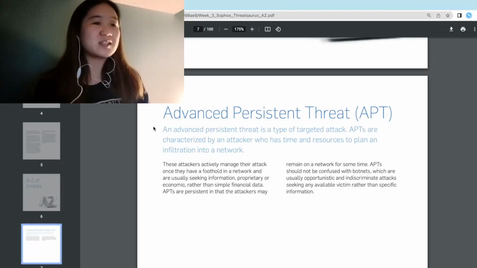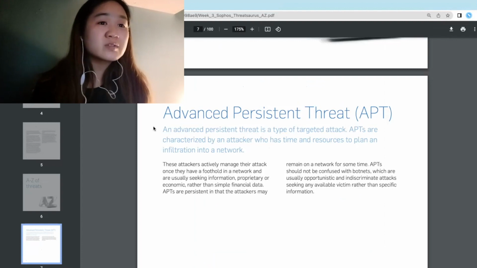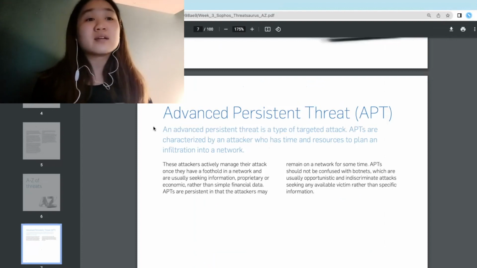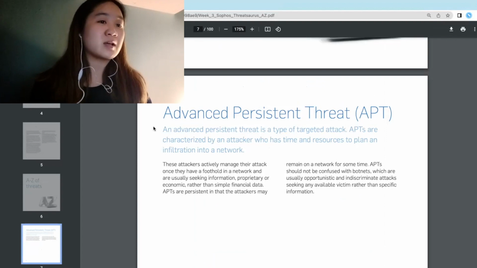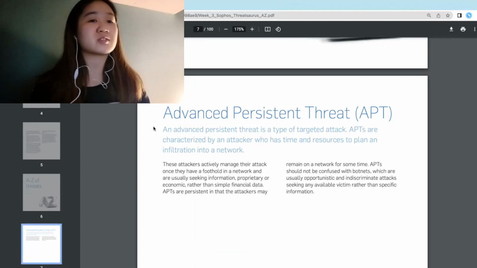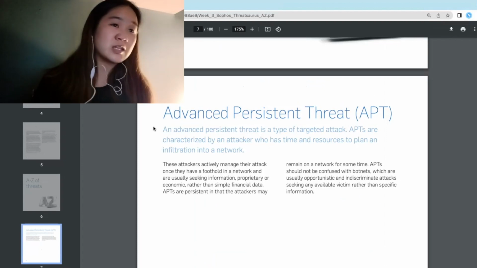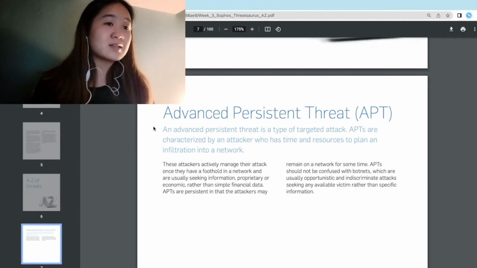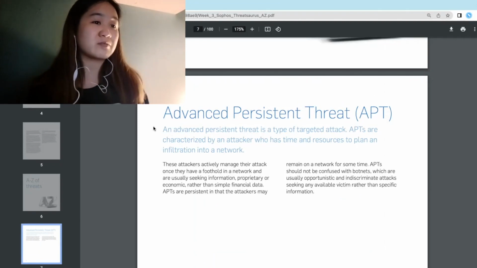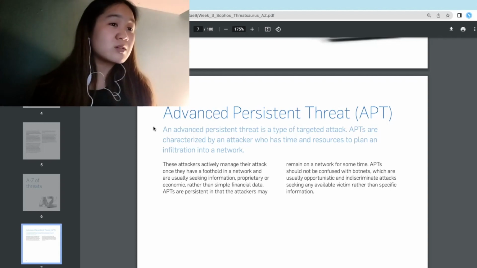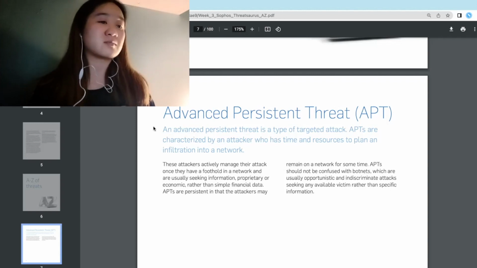First one. Advanced Persistent Threat, or APT. An Advanced Persistent Threat is a type of targeted attack. APTs are characterized by an attacker who has time and resources to plan an infiltration into a network. These attackers actively manage their attack once they have a foothold in a network and are usually seeking information, proprietary, economic, rather than simple financial data.